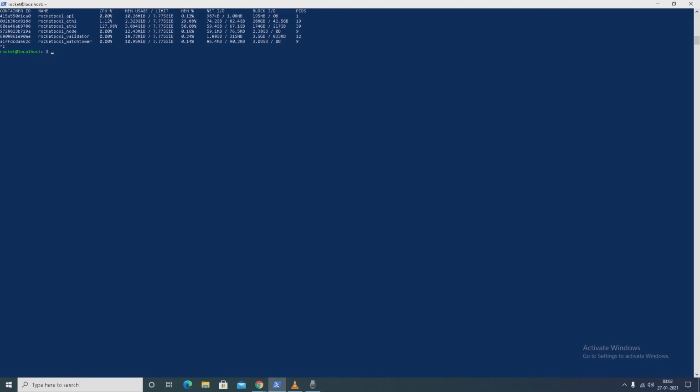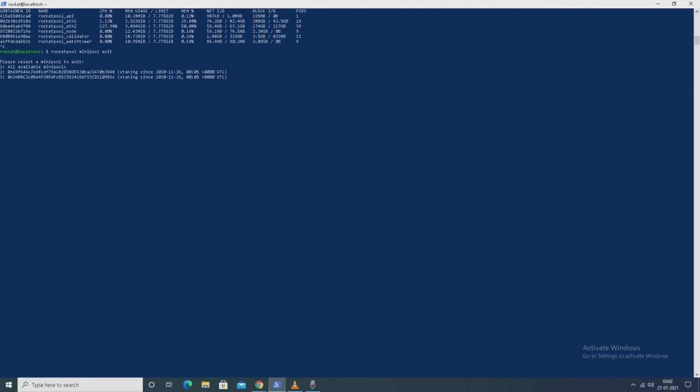So I will show you. First we will check rocket pool minipool exit status. So here you can see only 2 validators are available, and 2 have been exited. That's why it is not showing up.